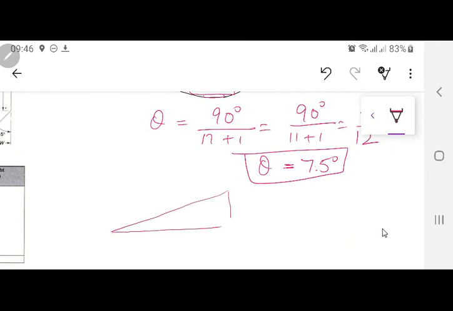This is that same triangle inside the first one. This is D, which is equal to 118 mm. This angle is 7.5 degrees. Can you tell me this distance and this distance over here? This is 15.4. And this one? It should be something like 114, I guess, or something near about that.